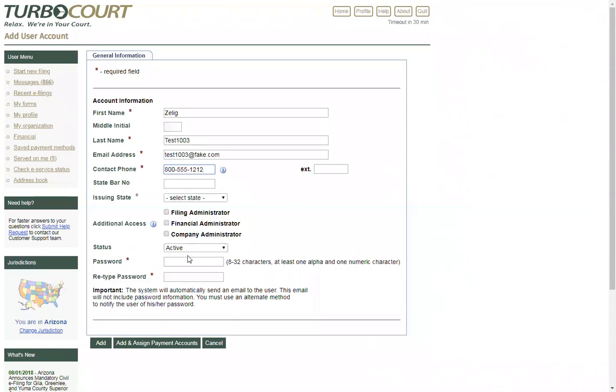By default, of course, they're going to be active. And then I'm going to go ahead and set up a password for them initially. And then they'll be able to update that themselves. So before I proceed, let me just explain that once I'm ready to go, and if I click Add, then what's going to happen is, first of all, they'll be added to our firm's account for AZTurboCourt so they can start working with it. They will also automatically be sent an email in that moment, and the email will have